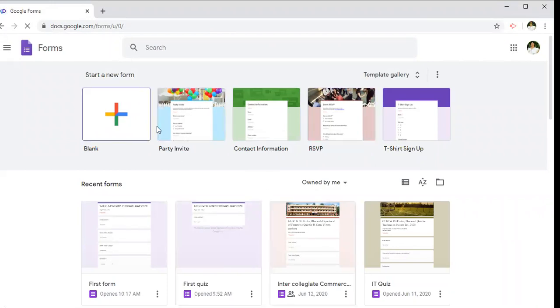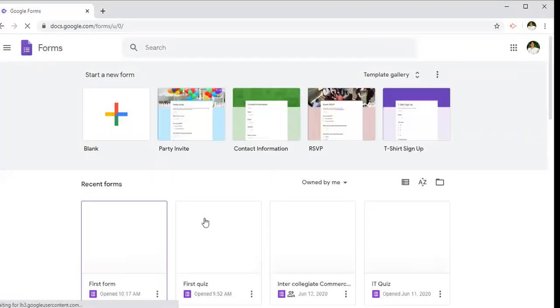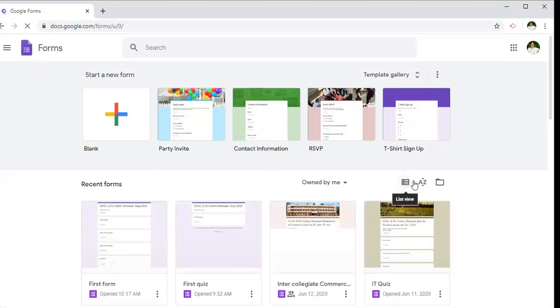After entering the Gmail ID and password, this page will appear on your laptop or PC. These are the ready-made templates available in Google Forms, created by Google. And these recent forms were generated by me during the COVID period, the lockdown period. So let us see how to create a Google Form. Let me tell you one by one. If you click on this, we get the list of Google Forms which we have created. These are the different forms which can be sorted A to Z, or you will come to know whenever you use it.